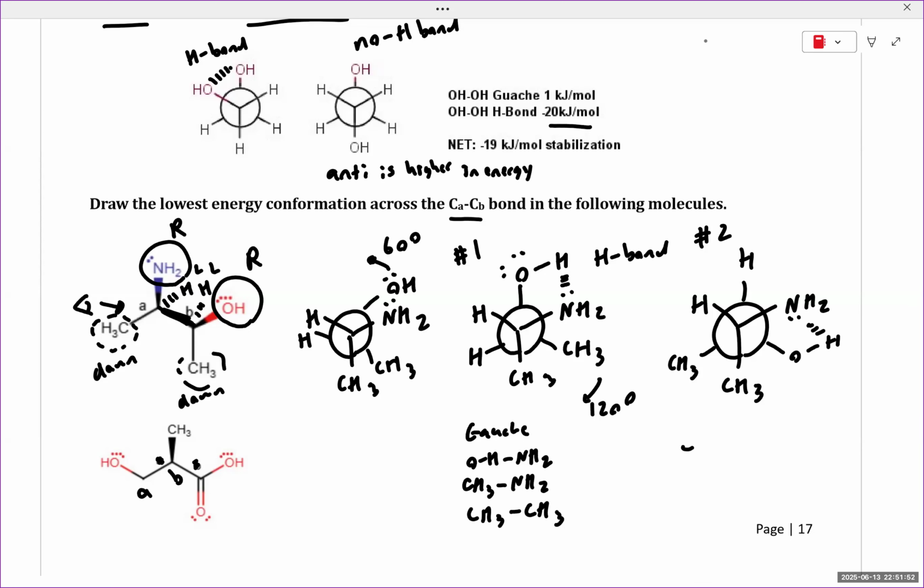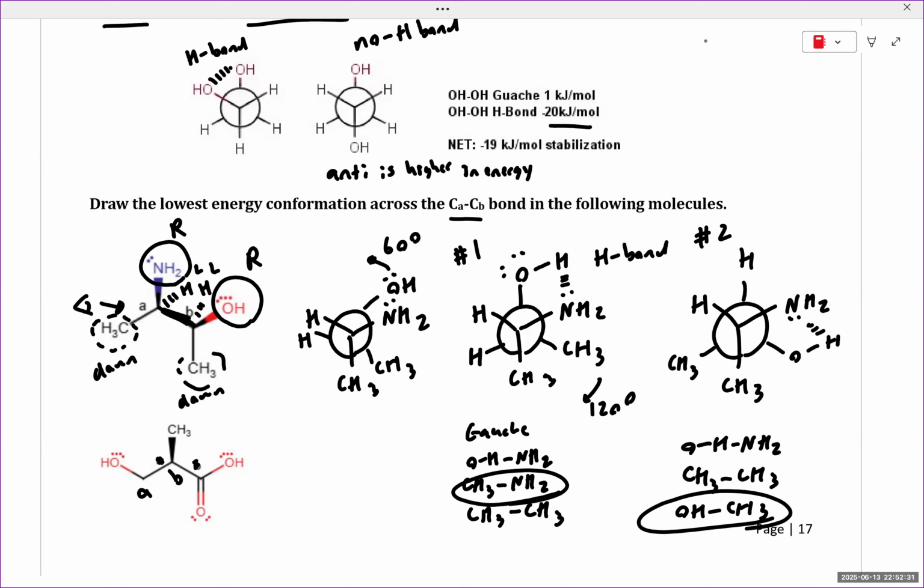For option number two, we have the same OH amine gauche interaction as we should. We have a methyl methyl and a hydroxyl methyl. The only real difference is the fact that in one of these structures we have a methyl amine gauche interaction, and in the second structure we have a hydroxyl methyl gauche interaction. These two structures are very, very close in energy, and either of these responses would be acceptable for the lowest